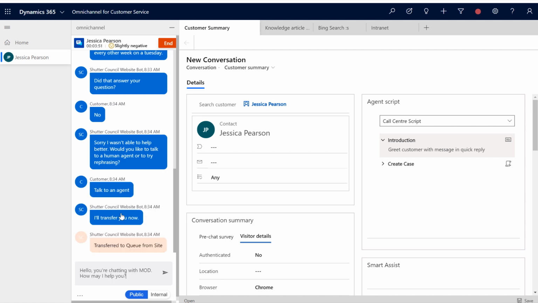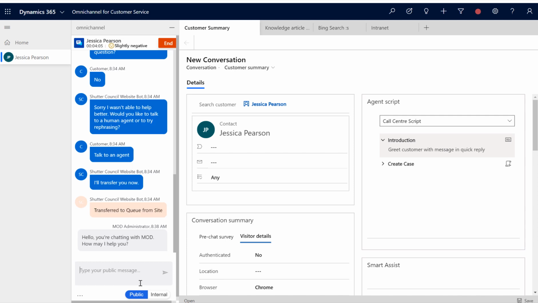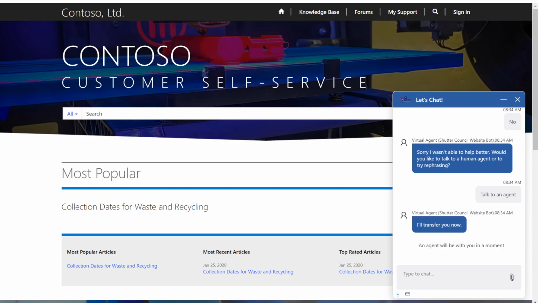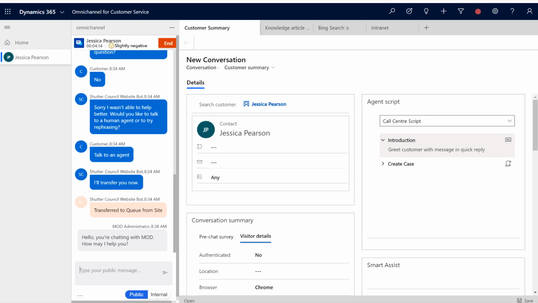So the first name of the agent will translate to the first name of who I'm logged in as. And slugs can be used throughout Omnichannel for different reasons. So if I send this to the customer, they will also get to see this in their window.